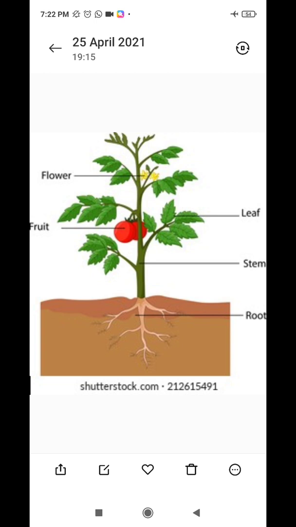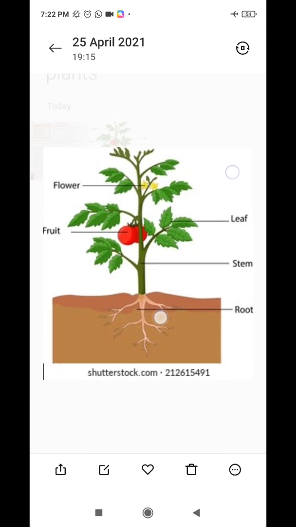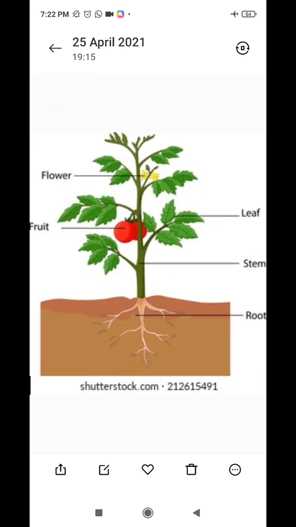And today we are going to discuss the new topic. As you can see on my screen, there is a picture of a plant. And in this picture, there are labels of the parts of its plants. Parts are labeled here, and we will be discussing today how we can ourselves draw and label these different parts